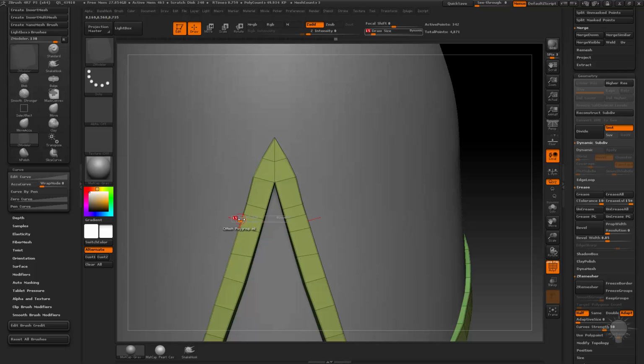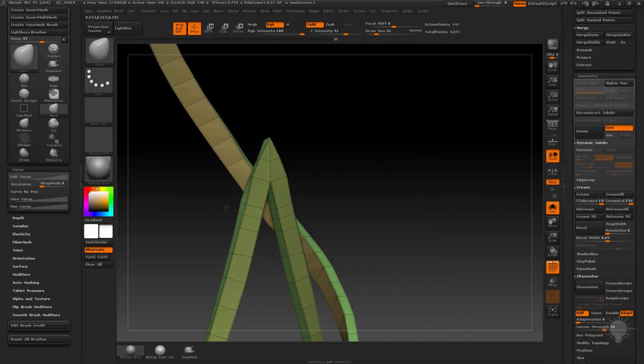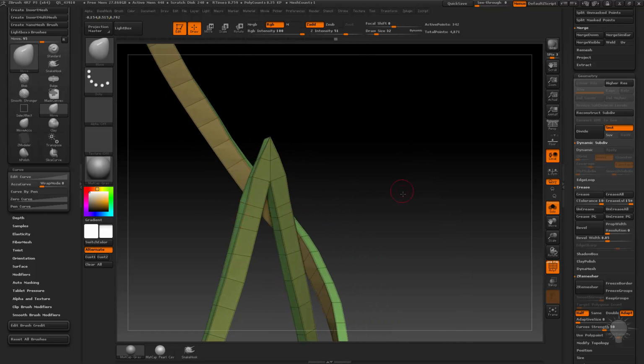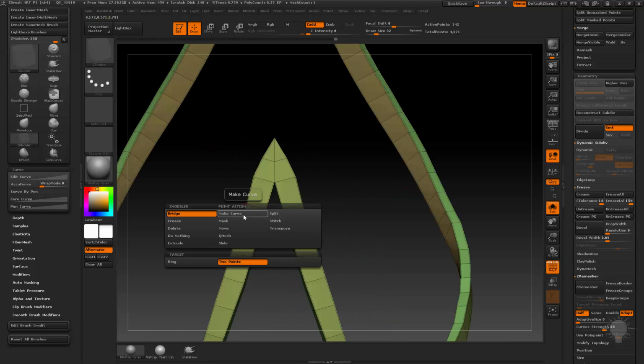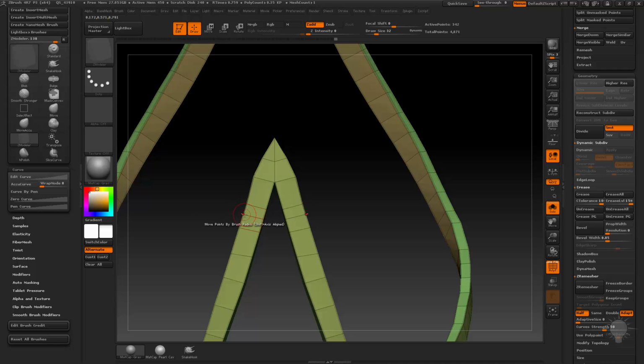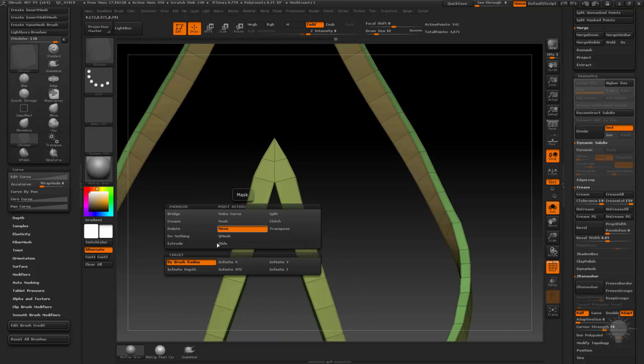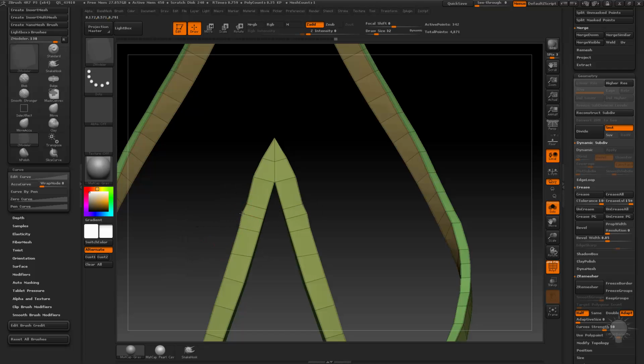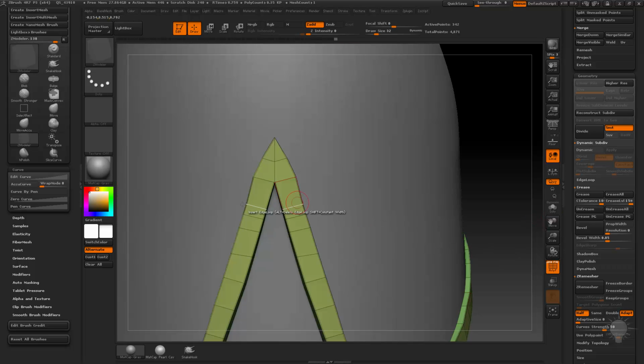And we're not going to touch this inside, but we are going to grab this inside here. If I go into solo mode, you're going to see if I want to grab both of these points, you can actually go into point mode in your ZModeler brush and go to here to move, and you can try doing move by brush radius, and that just moves this one out. My brush radius isn't too big. Infinite depth, you can try moving that out, and it grabs both of them, so I think that's what we're going to use. So we're going to grab this one and kind of move it out and up